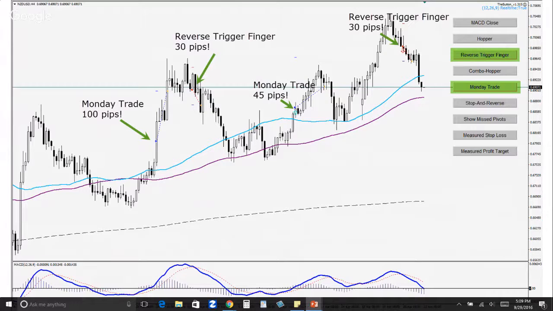In this chart, you can see we had a Monday trade that was good for 100 pips, followed by a reverse trigger finger, which we talked about in a previous lesson, for 30 pips. We had another Monday trade that closed early for 45 pips. We had a reverse trigger finger for 30 pips. And this is just a demonstration of using the buttons to pull out trades with the help of the MACD, and also making them happen automatically,